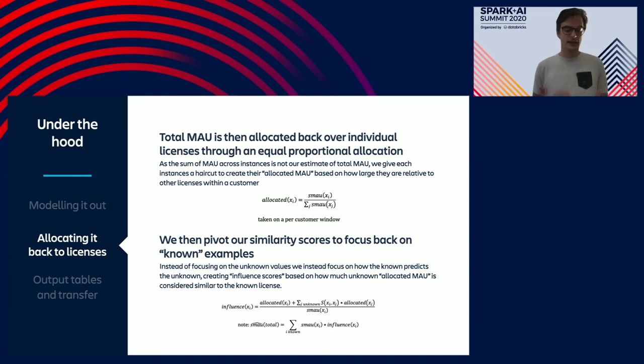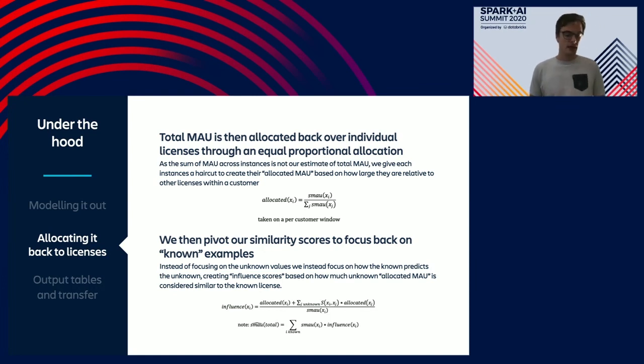Here we need to allocate that 24 back to the individual licenses. So in doing that, we say the first one is worth 8 and the second one is worth 16. So they're both scaled down by 20% and they sum up to 24, their MAU together. Now, the large instance still has an allocation twice the size of the first, i.e. it's proportional to their amount when considered alone.